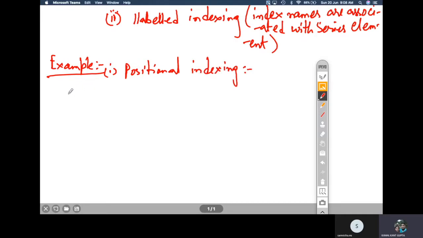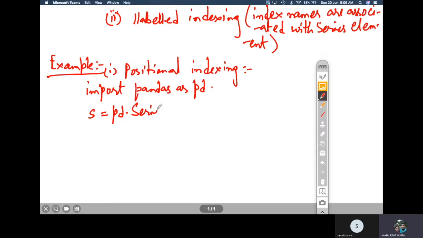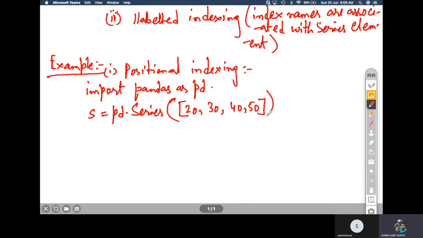We have one simple code: import pandas as pd, and then we can create a series s is equal to pd.Series, and here I can supply values like 20, 30, 40, 50 as a Python list, and close it.